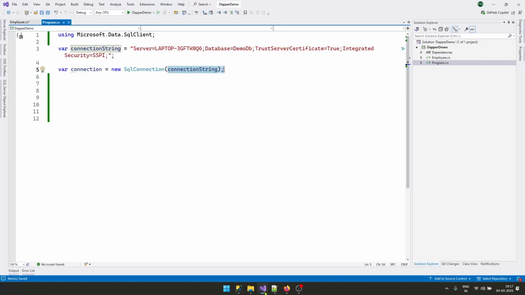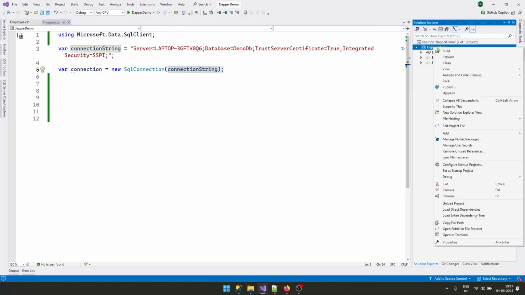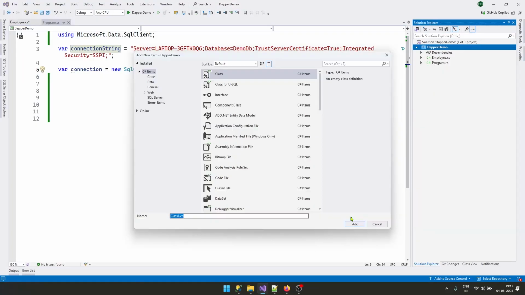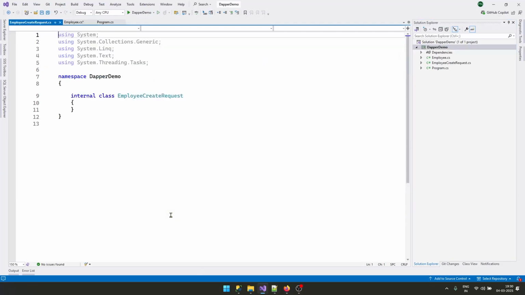So I will go to my Visual Studio. I will right click on my project, select add, and click on class. I will name my class EmployeeCreateRequest because using this class, we will be sending a request to the procedure to create multiple employees. So let's name the class EmployeeCreateRequest. Let's make it public